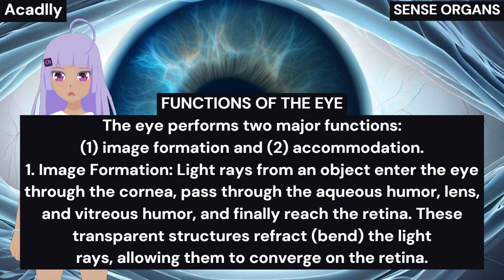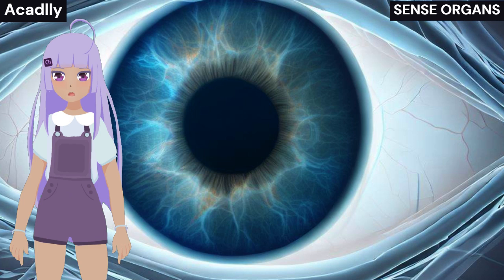1. Image formation. Light rays from an object enter the eye through the cornea, pass through the aqueous humor, lens, and vitreous humor, and finally reach the retina. These transparent structures refract, bend, the light rays, allowing them to converge on the retina. As a result, an image of the object is formed on the retina, appearing real, inverted, and smaller than the